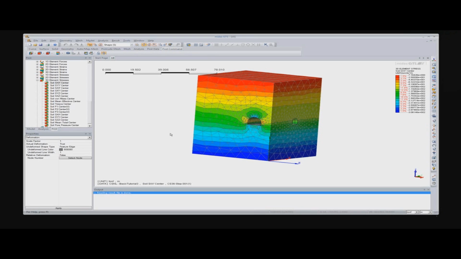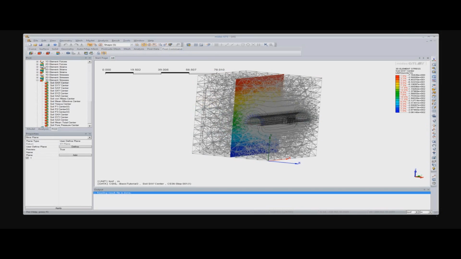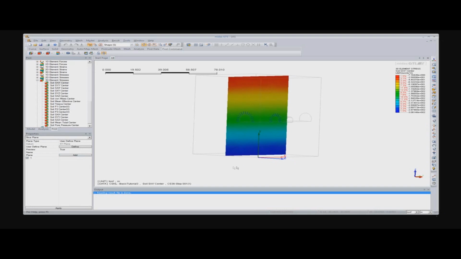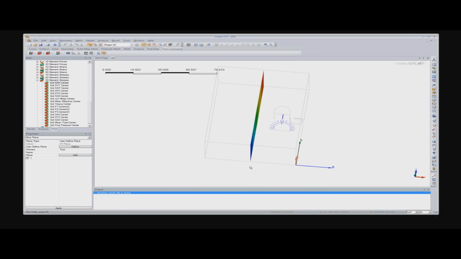And if you want, you can also cut through these pages. So go to the slice plane, and let me turn this off. Say no edges. Alright. And gradient. Okay. So here is the cutting through the